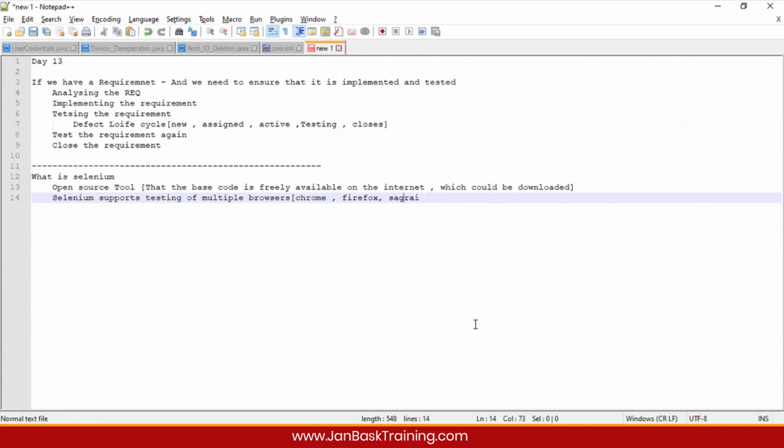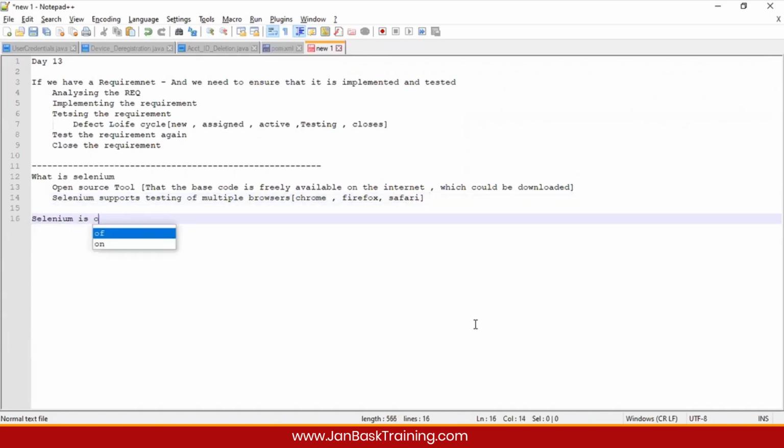So what I mean to say over here is, just note this concept that Selenium right now is only for browser testing. Anything that is related to browser could be tested using Selenium. But if you want to test something related to Windows, or if you want to test something related to a mobile, then we have to shift ourselves to some other software.